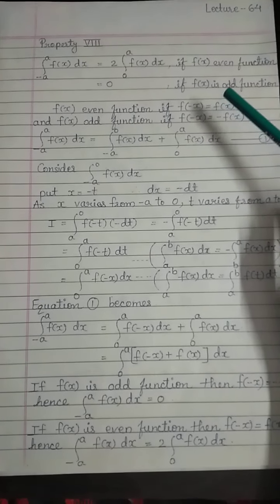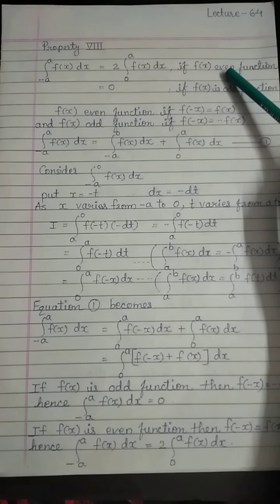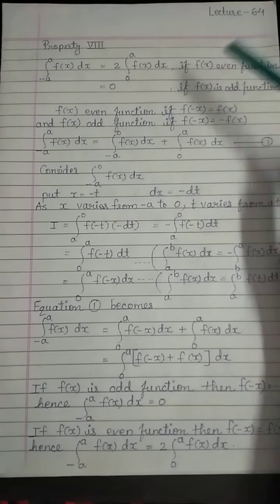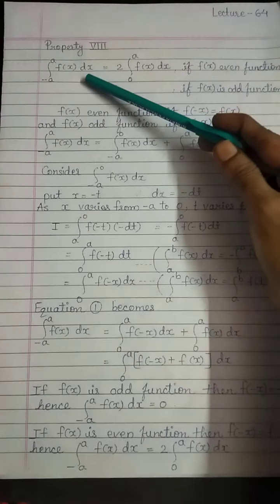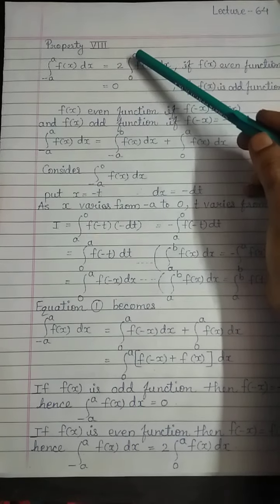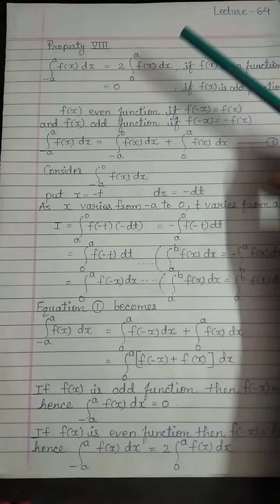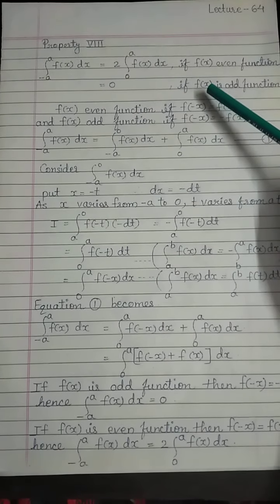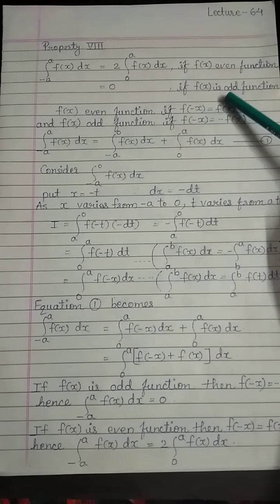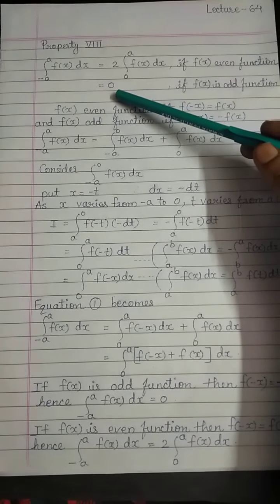That means the property tells us that if f of x is even function, then this integration we can consider as 2 times integration from 0 to a of f of x dx. And if we are getting that f of x is odd function, then directly we can write the answer of